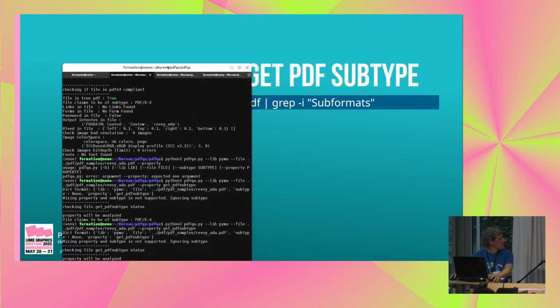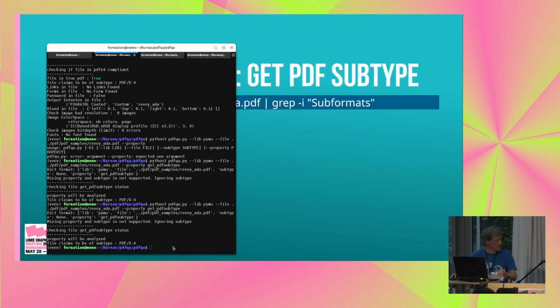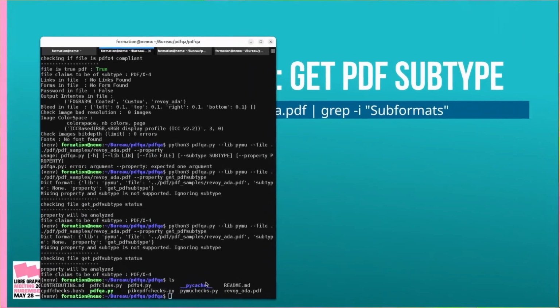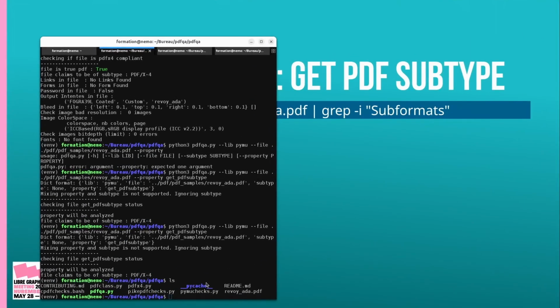So if I am here in my file, you see, I have put CPDF in a bash script to analyze much data at the same time, okay? So if I just run my CPDF script and I give the file and an option, I could grab,